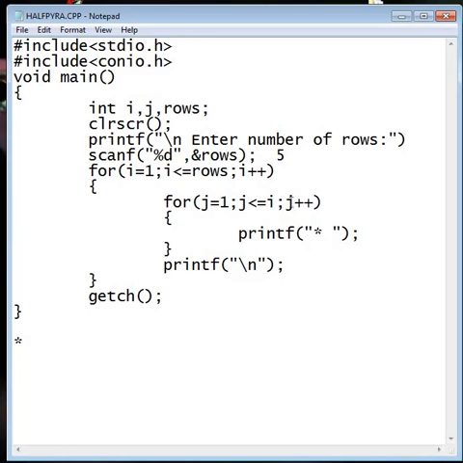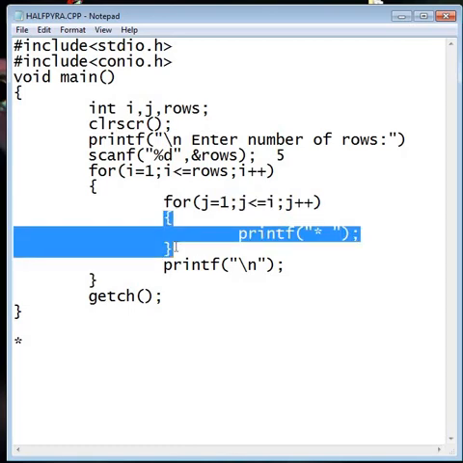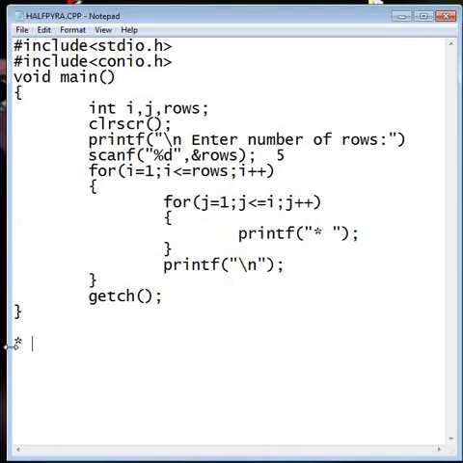After that the loop variable j is increased, so now the value of j is 2. Again check the condition: is j less than or equal to I? Now j is 2 and I is 1, so it fails to satisfy the condition. So the inner loop is not executed anymore, and the control gets out of the loop body and encounters the next new line. Here one new line will be printed, so your control goes to the new line.